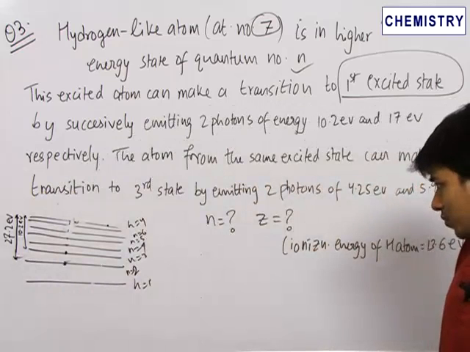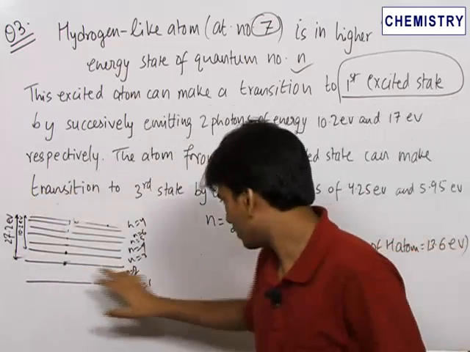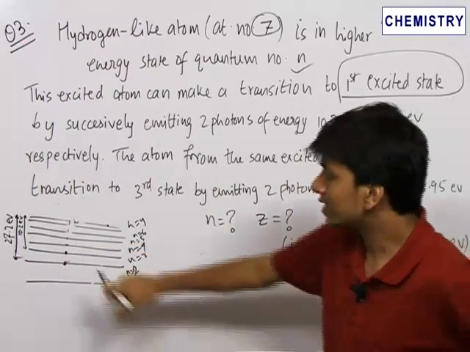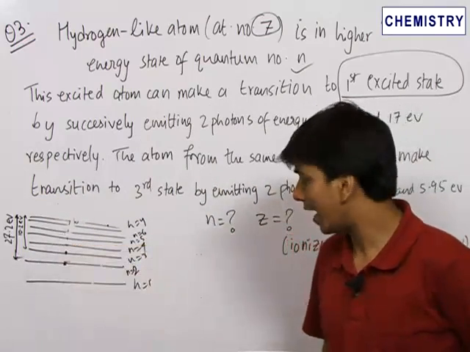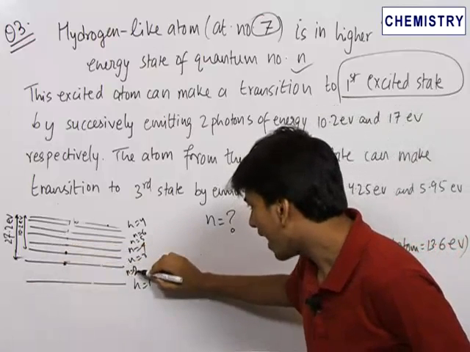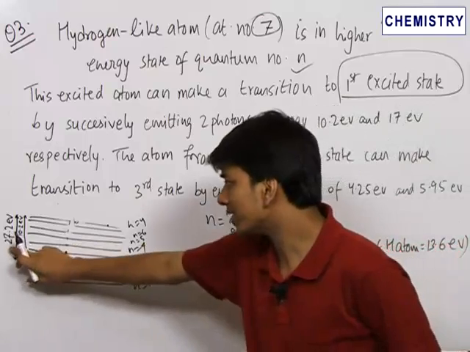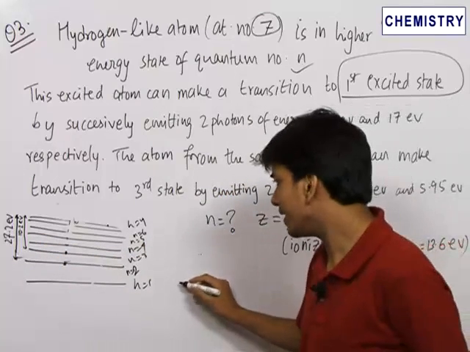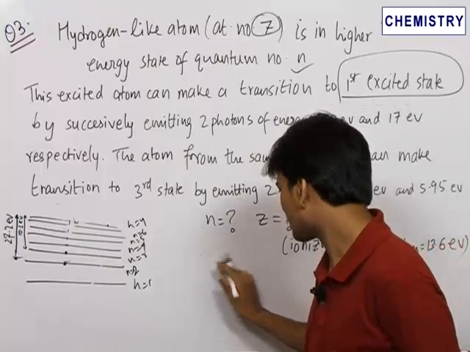Now, to the third state, this is some nth state. Now, we can see clearly from this diagram that the energy difference between the n is equal to 3 state and n is equal to 2 state is equal to 27.2 minus 10.2 electron volts. Therefore, we write the energy difference between the third state,